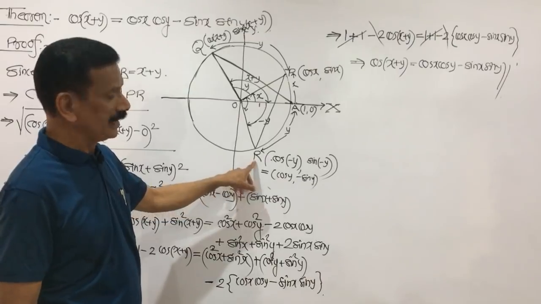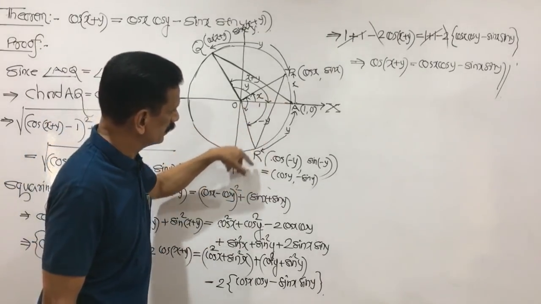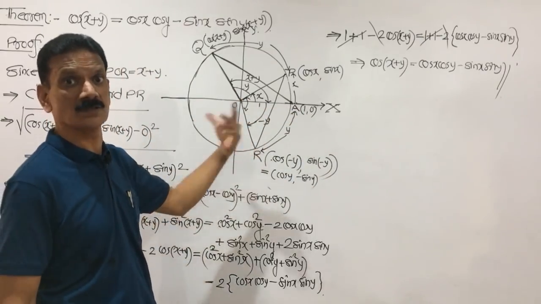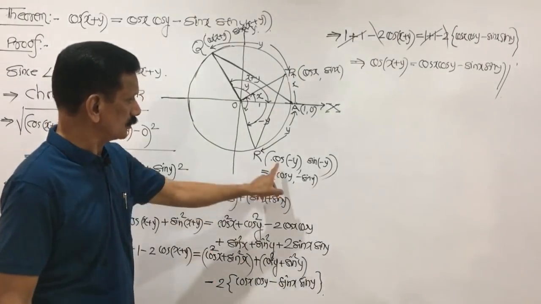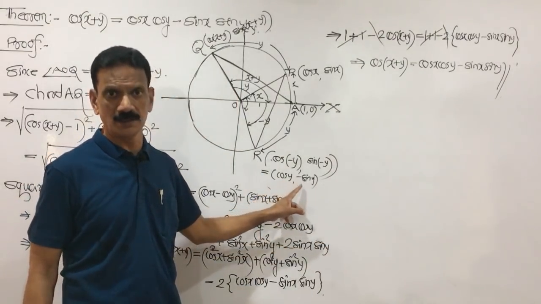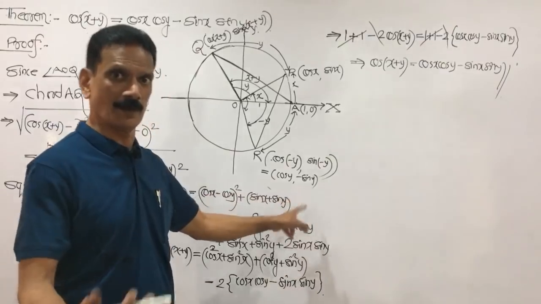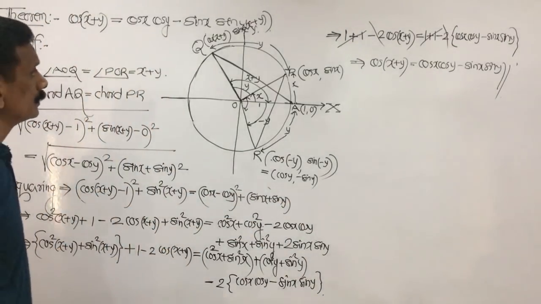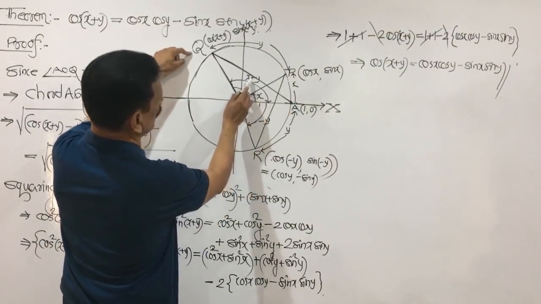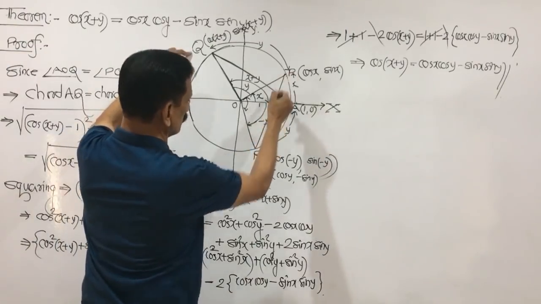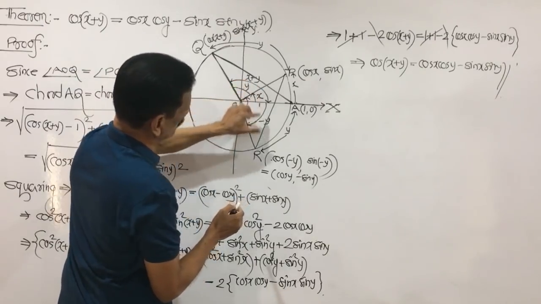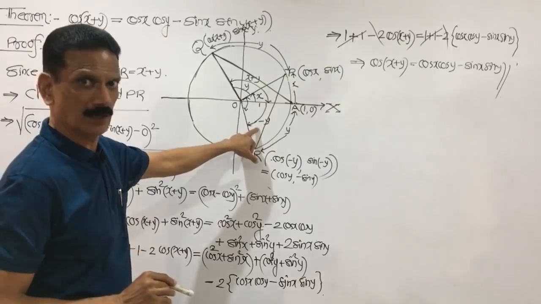We have taken a point R on the circle so that arc AR is y, means angle XOR is minus y. We have taken it in the negative direction. So the coordinates of the point are cos of minus y, sin of minus y, and cos of minus y is cos y, sin of minus y is minus sin y by the previous theorem. So two chords we have, one is AQ, whose angle is nothing but how much? x plus y. Another chord is PR, we join those, so that this angle is x plus y. We don't take minus y, the numerical value we should take.